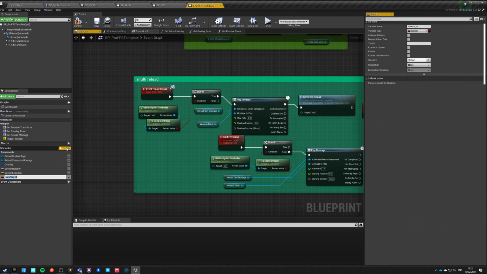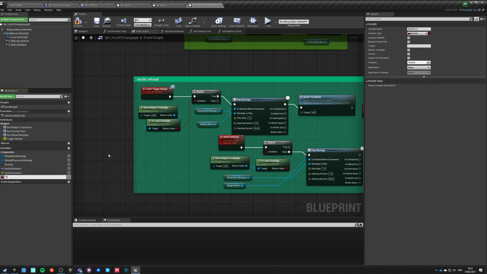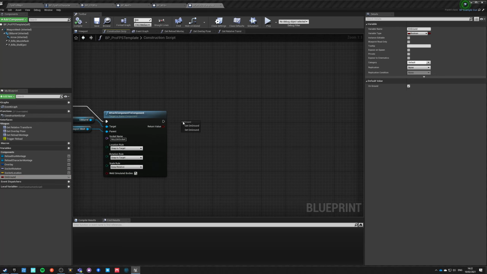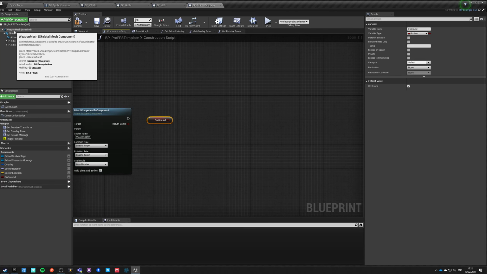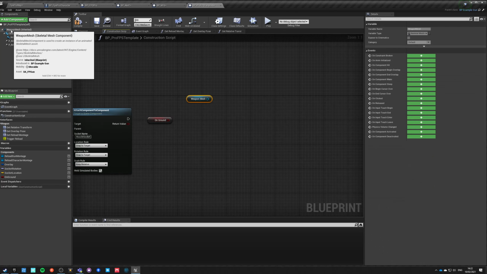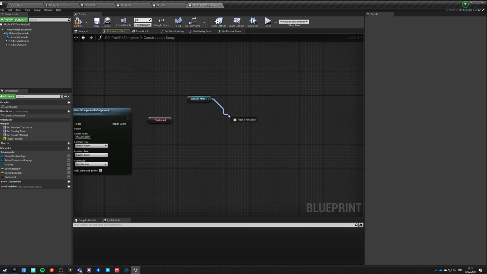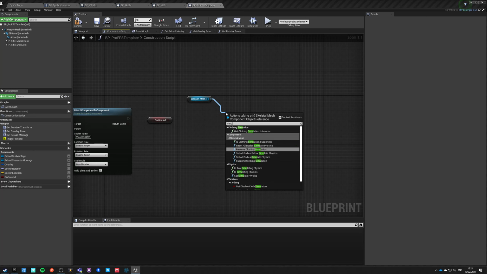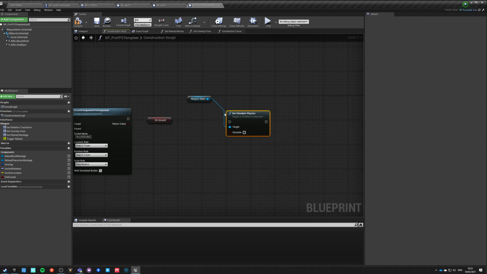So we will add a new variable which will state OnGround. Okay, and if it is on the ground, by default it is true. We're going to go to the construction script. We're going to take this OnGround, and we're going to take this weapon mesh, and this is the root component of our actor. So whatever is attached to it will follow the mesh itself, and we can simulate physics.